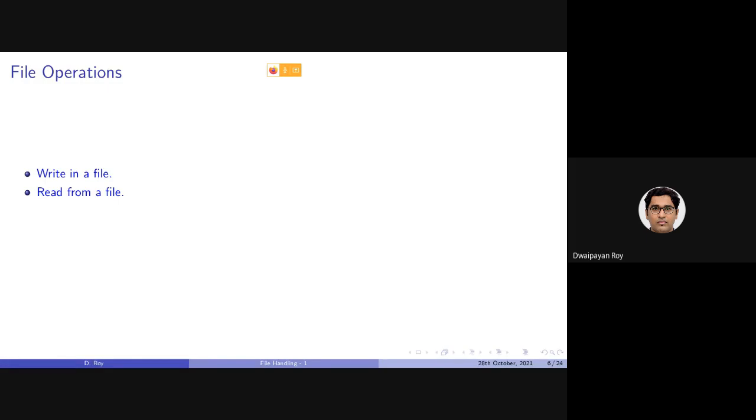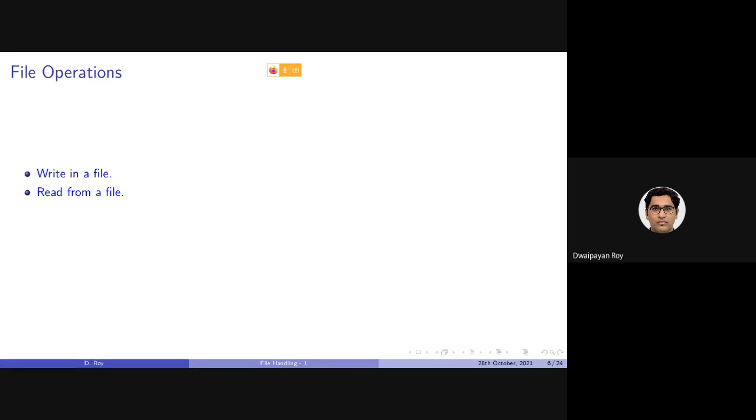Now, as you can understand, there are broadly two types of operations that we can apply on a file. First is writing in a file, and the second is reading from a file.